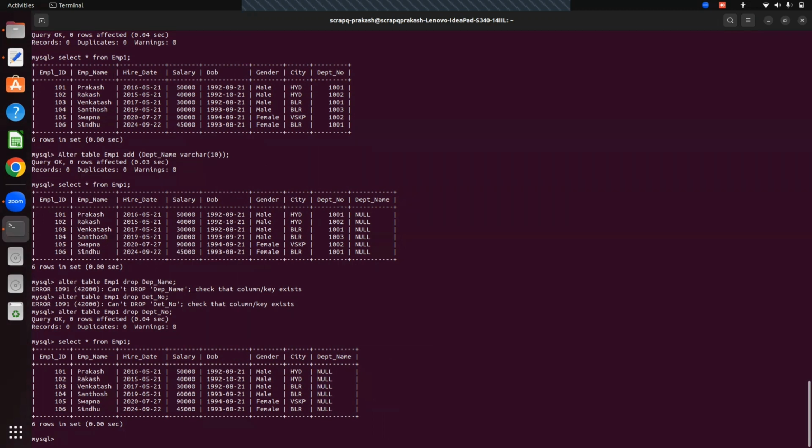Now I want to enter some data. What is the data? I don't want to enter the data. I want to set some data to this row. So alter table, or it's not alter, I think update table name emp1 set,